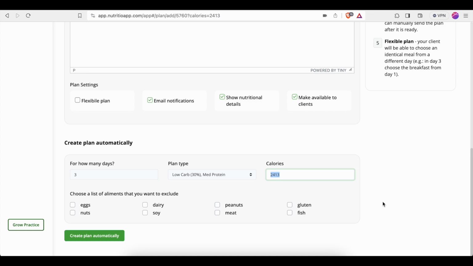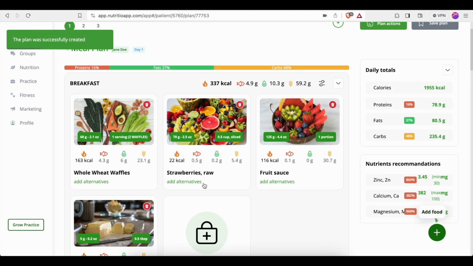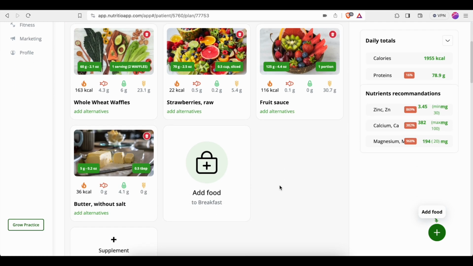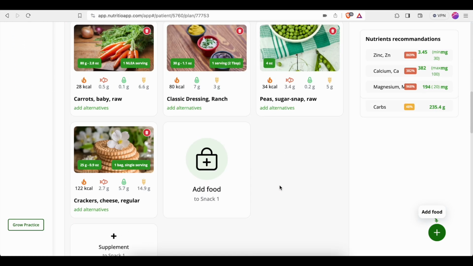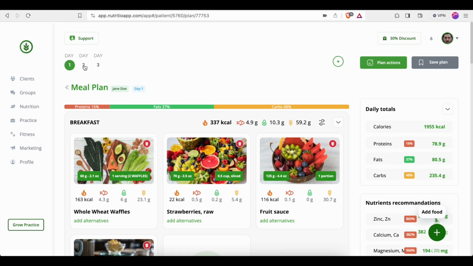Here the app auto completes it with the value that was calculated. Let's say I want a 2000 calories diet for 3 days, and I just hit the create plan automatically, and the meal plan is created. Here in the meal plan, you will see all the foods for this day. You see here the days at the top,